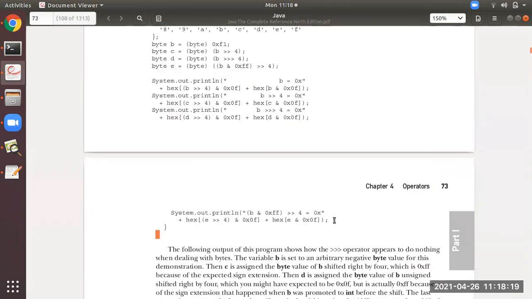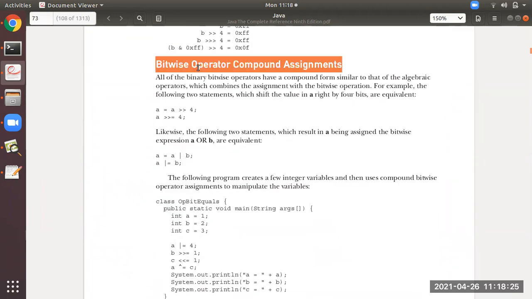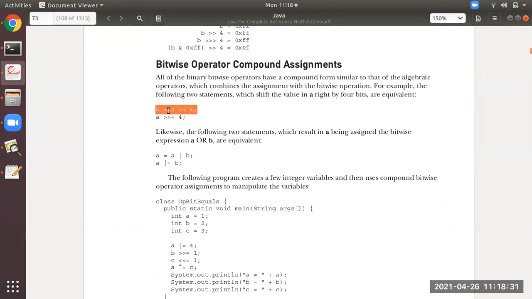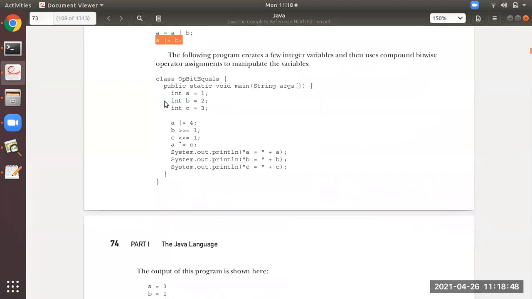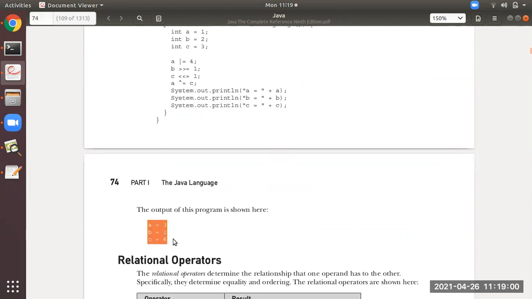Now as I have explained the last two programs, you all practice these programs. If you have any doubt you can ask me. The next is bitwise operator compound assignment. Now you see the same statement can also be written like this. Like compound assignment operators were there, no? Similarly bitwise compound assignment operators are also there. A equal to a or b shorthand can also be written like this. Please perform or calculate with paper and pen also these programs. You may be able to get the output, but you try to practice this.